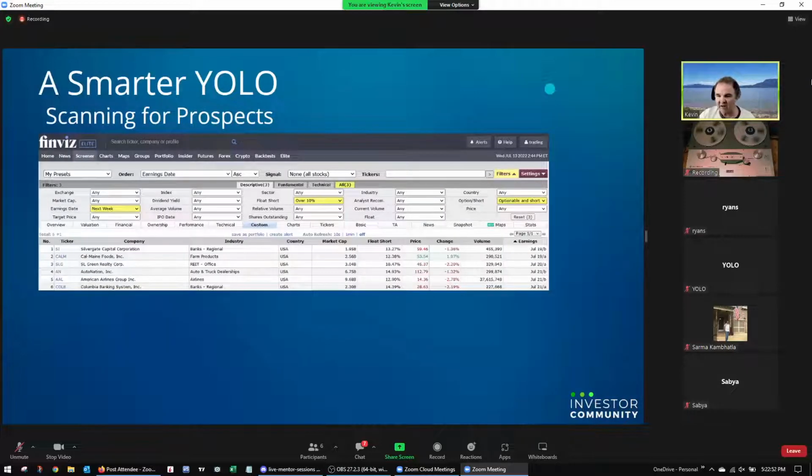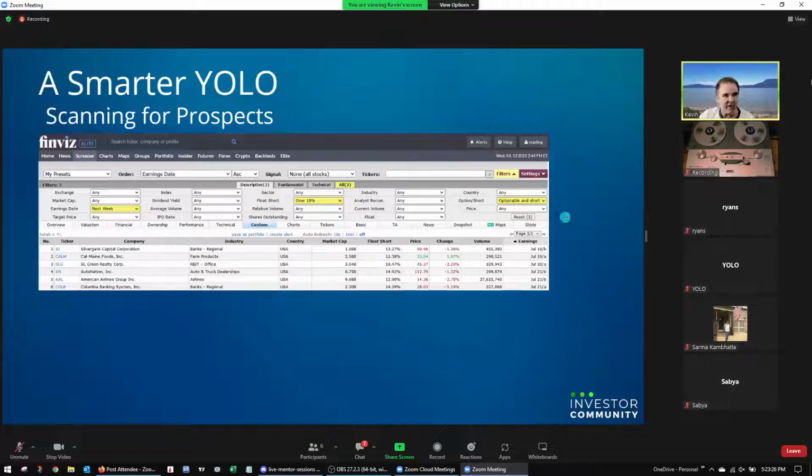Okay, so our next step is we want to scan for some stocks with earnings coming up and with high short interest. And we're going to do that in FinViz. You can do that with a free account. It's better if you sign up at least for an account. You can sign up for a free account there, and then I think you get to save some of these settings. But we're only changing 3 of these settings here. So even if you can't save them, it's not that bad.